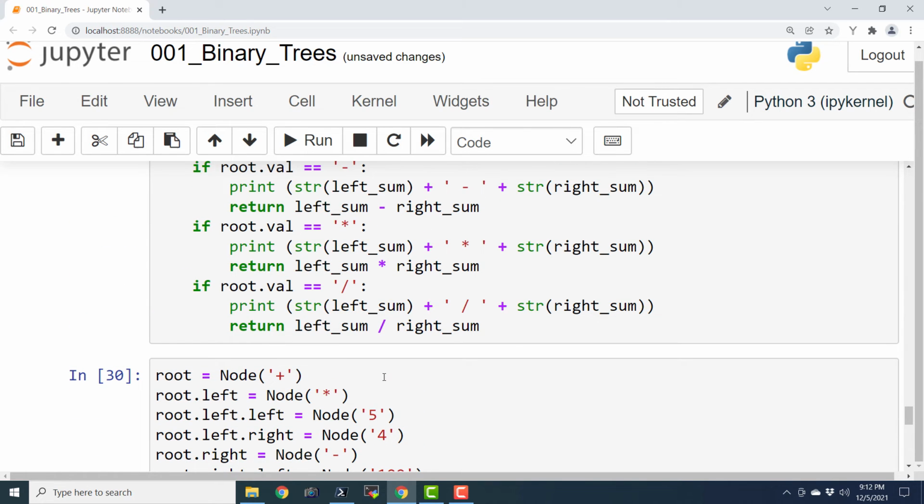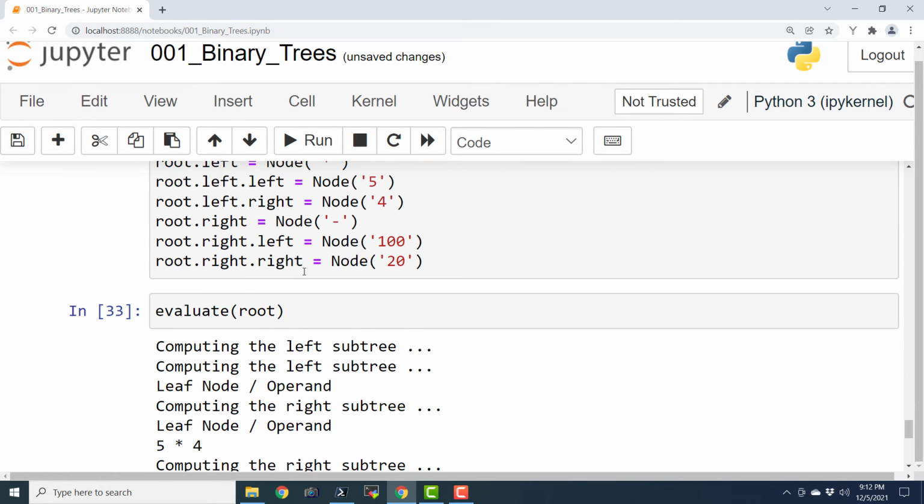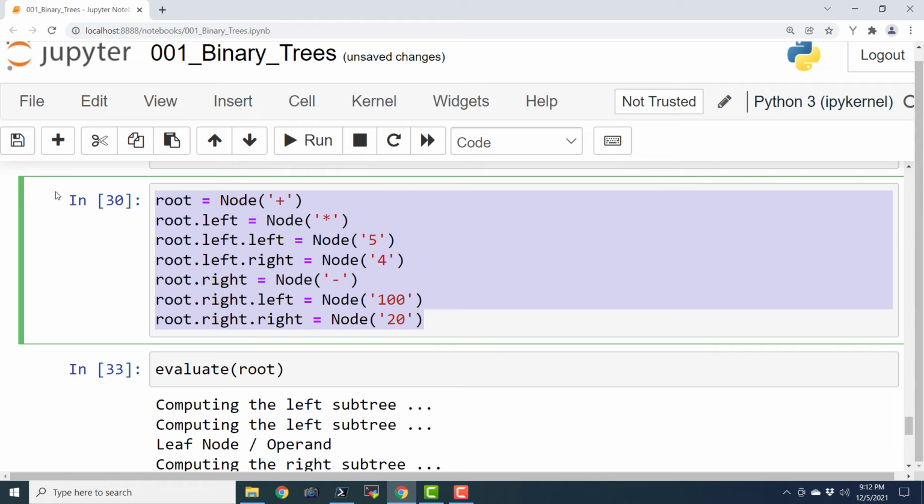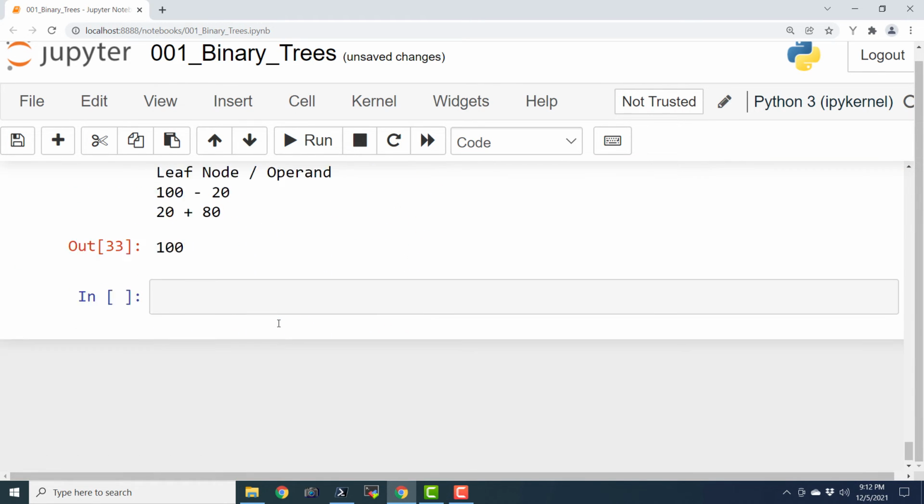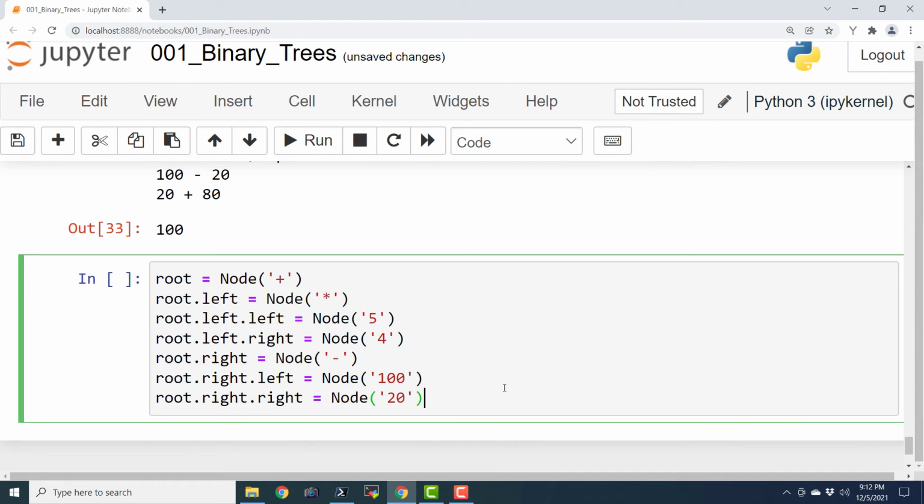Now let us see one more example, a bit more complex. We will just build upon this entire example. So here we have 100, and in place of 20 we are going to put a slash and have two more children.